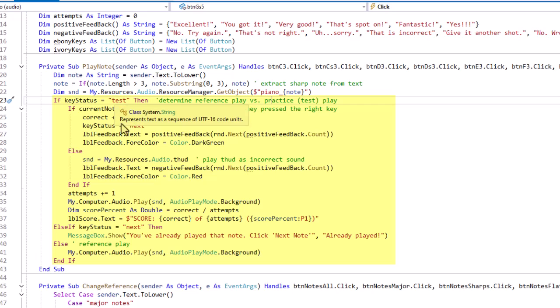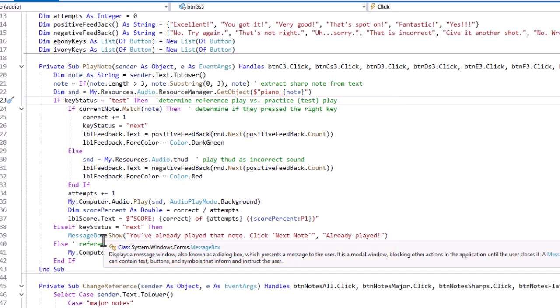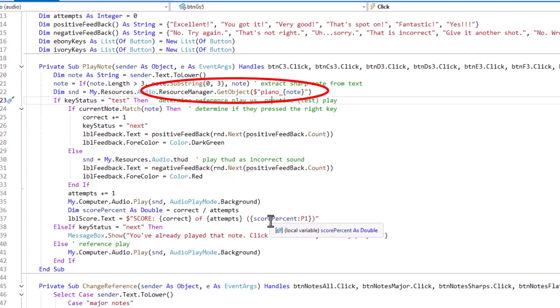If, however, we're not in the test session, then all we're going to do is we're going to play the note. A bit more advanced example, but I wanted to show how you could pull the audio from the name